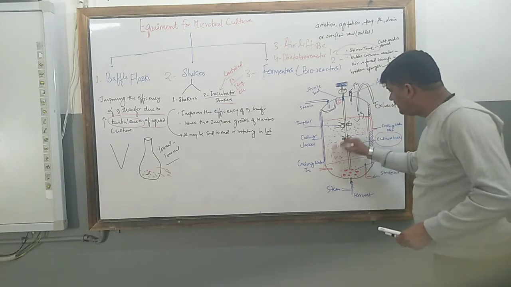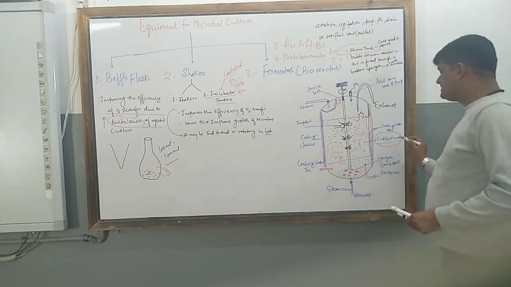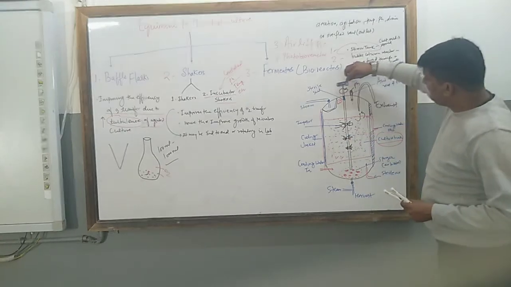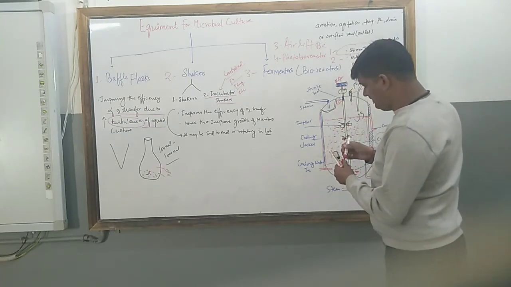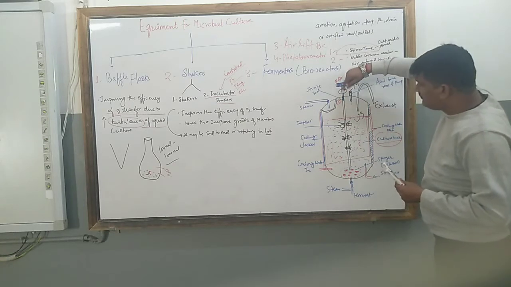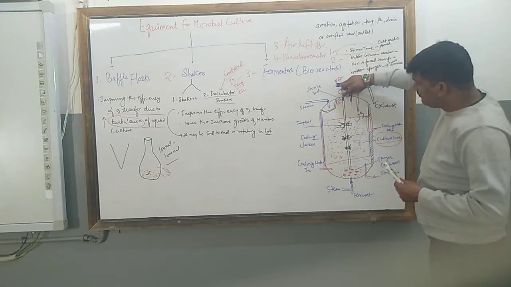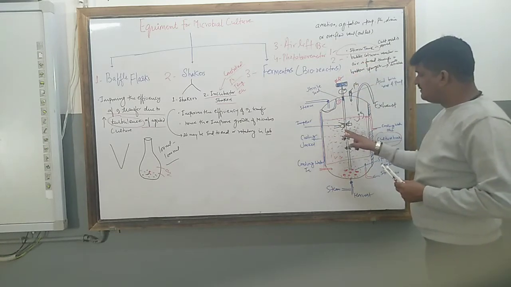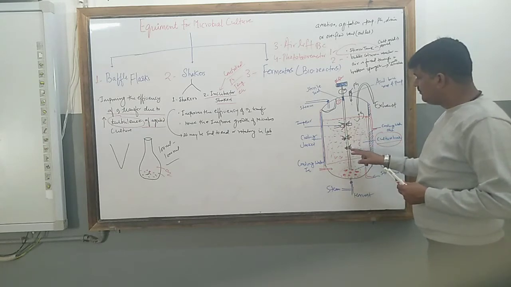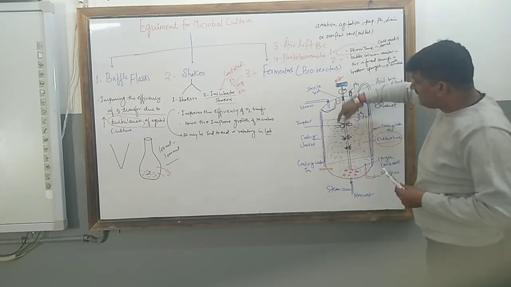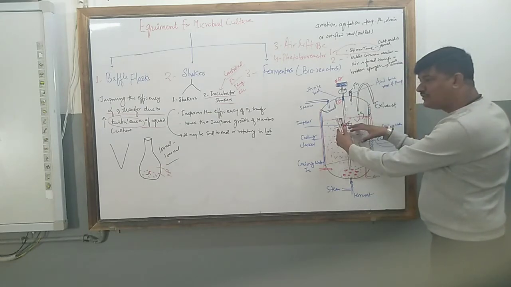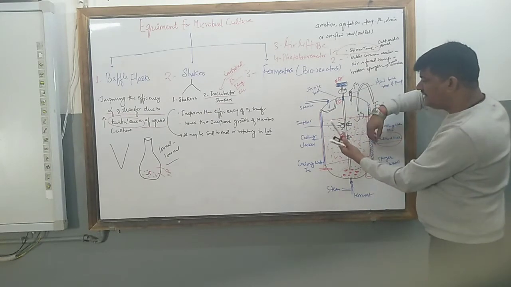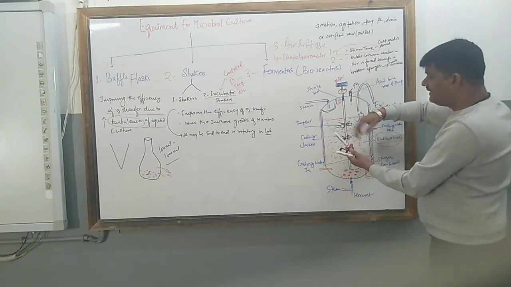So these bioreactors are filled with the culture broth, and here is a motor, and this motor rotates continuously. When it rotates, what happens? Impellers are there, which we also call the propeller. It continuously moves inside the bioreactor, so that whatever the culture broth is mixed here, it continuously moves up and down or here and there.